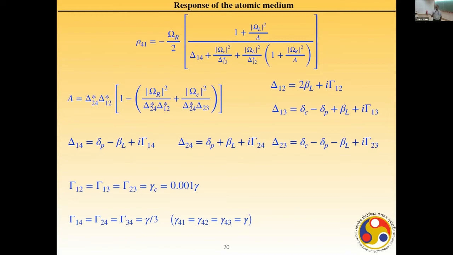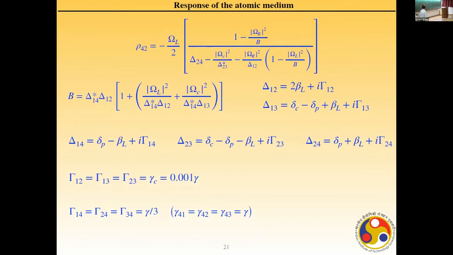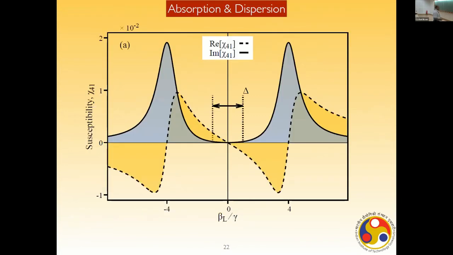But when the probe field is weak, these two components are negligible. The main component is omega c, so you will get transparency. The other component has the same kind of coherence structure, and under this condition, if you look at the susceptibility expression as a function of detuning, then at the line center,